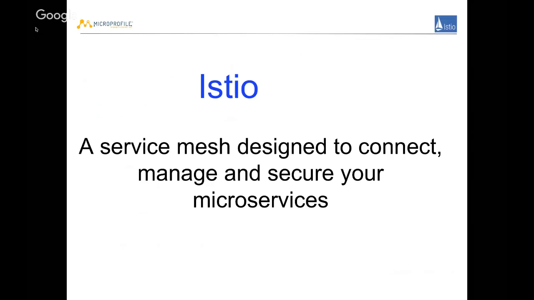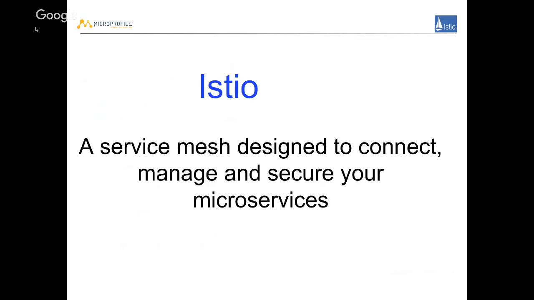So in the service mesh infrastructure, there are a few examples or products. One of them is called Istio. There are some other products, Linkerd, etc. Istio is the most popular at the moment.